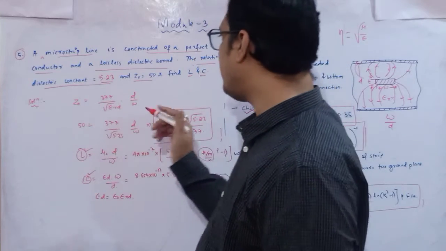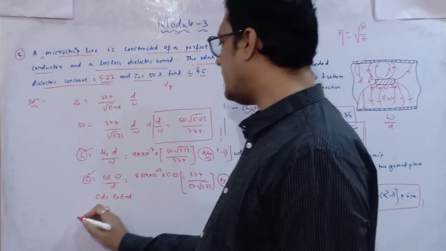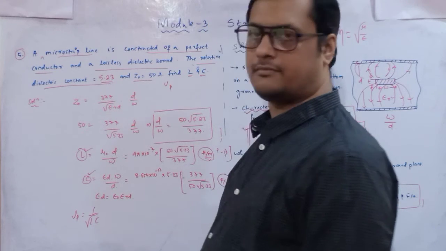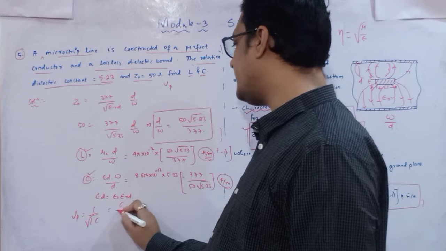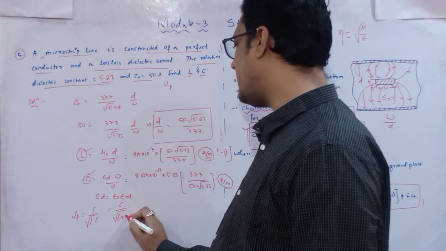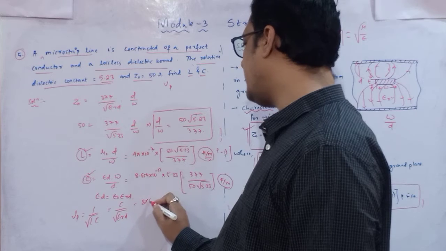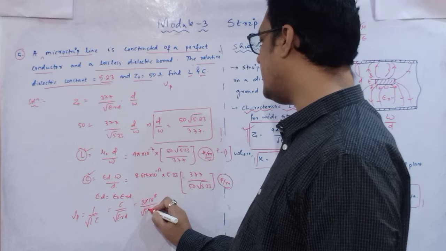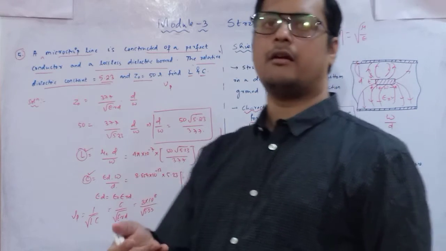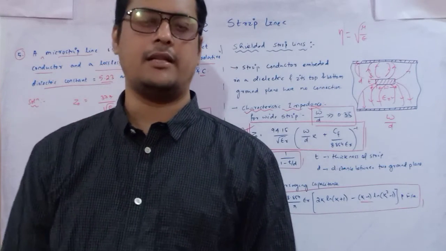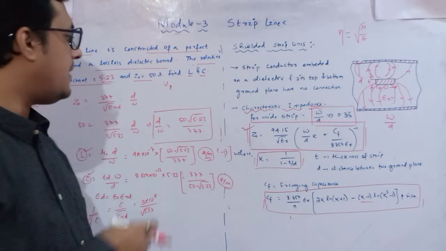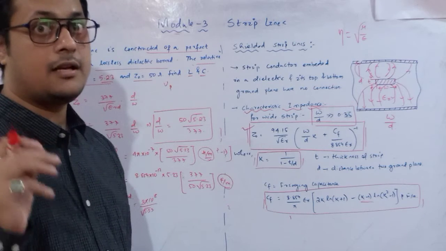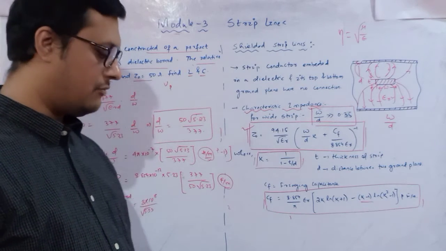Here, if I want to include one more factor, the phase velocity, then phase velocity is equal to 1 by root LC, or directly you can write it as c divided by root epsilon RD. So c is 3 into 10 to the power 8 and epsilon RD is 5.23. If you solve this, you will get your phase velocity. Similarly, you can determine the wavelength also, depending on this particular factor. You have to identify all these relations step by step. Okay, one more question we will take.